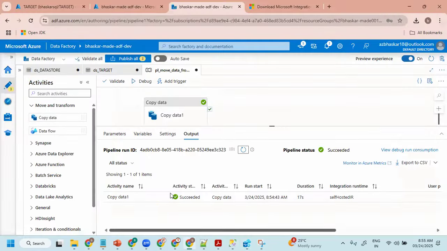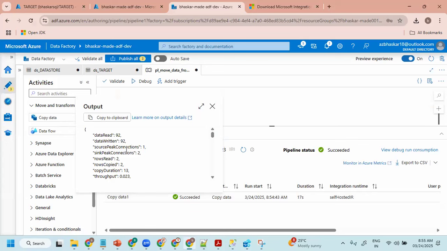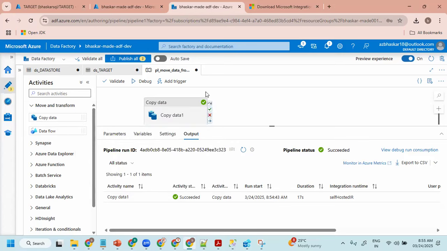Okay, so if you see here, you can see data read is 2, data copied is 2. So data read means from the source. Data rows copied means the target, how many rows we loaded into the target, it is showing here. Now again, I'm just running it. I don't have any new record in the source,